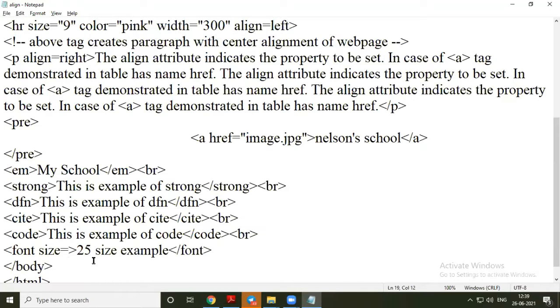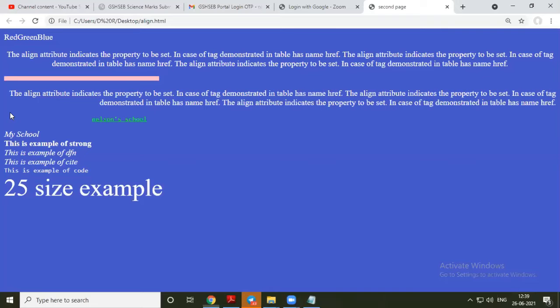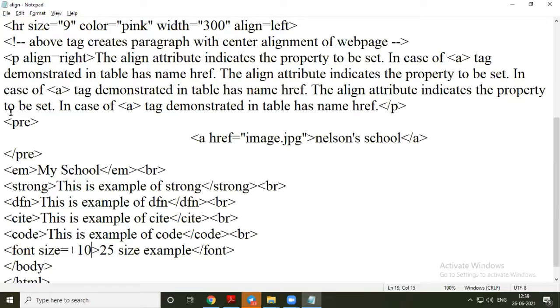Now here I am writing plus 10, saving this file and refreshing it. Okay, so only a numerical value it is accepting.